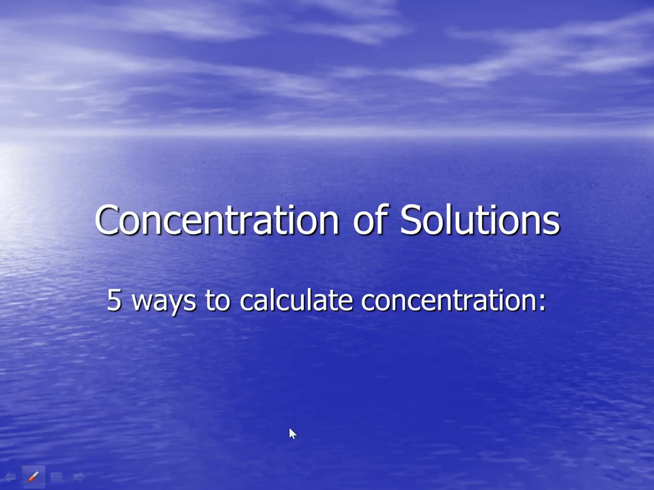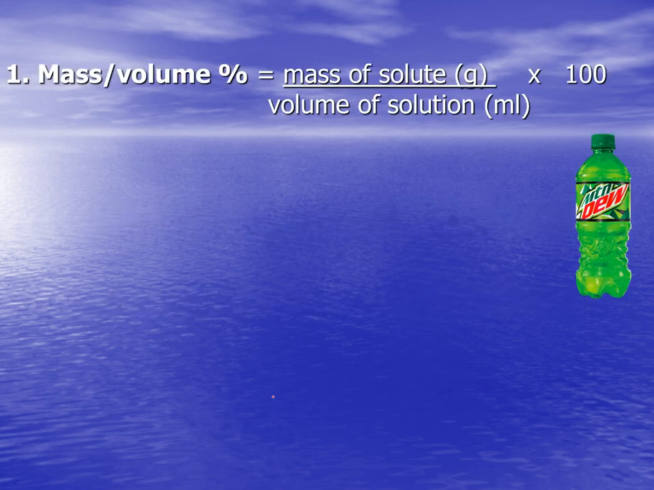Concentration of solutions. We're basically going to be going over 5 separate equations or ways to calculate concentration. First one is, and actually the first 3 are all percentage calculations. They're done the same way any other percentage calculation would be done. We're going to take the portion and divide by the whole and multiply by 100 to express